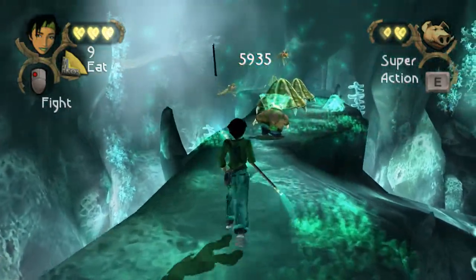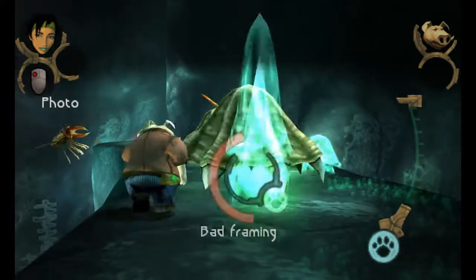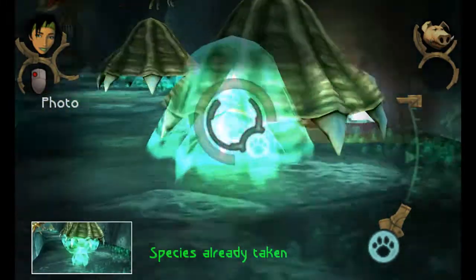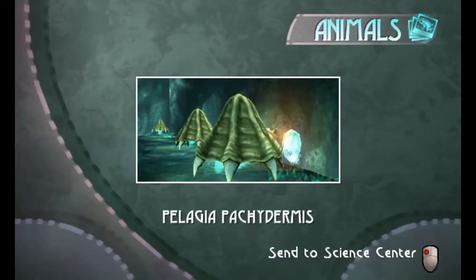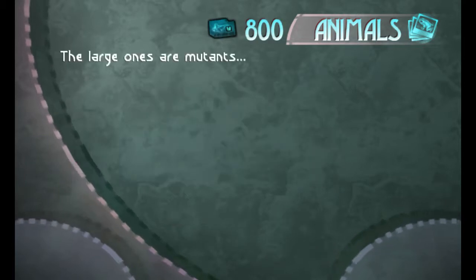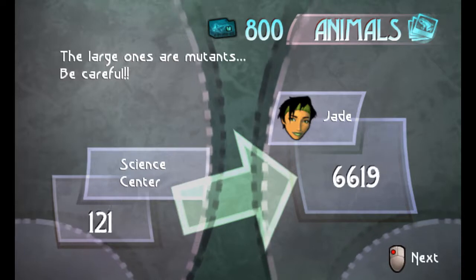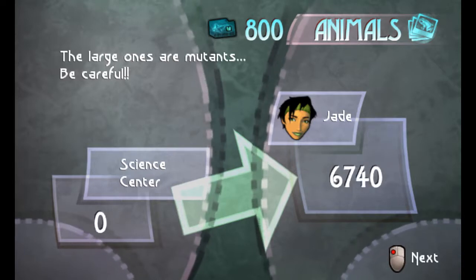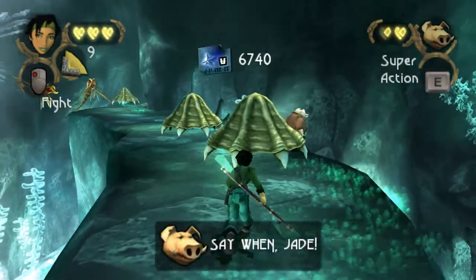We're definitely gonna have enough money to pay the power bill now. What's with the shell thing? Plagia pachydermis. Alright. The large ones are mutants. Be careful. So we've walked in here and we've made $2,500 just off the 2,500 units, whatever. Just off the hop. I'd say that's a...